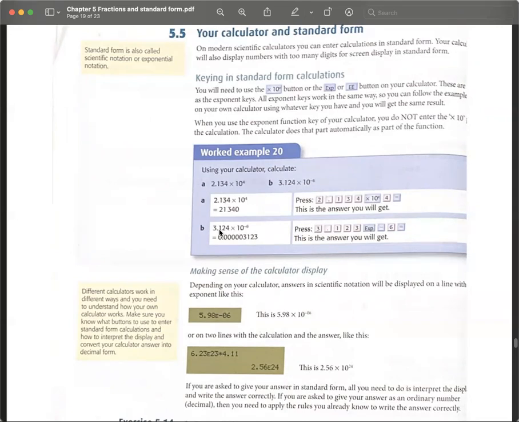So if you try to type 3.124 multiplied by 10 to the power of negative 6 by pressing 3.124, EXP, negative 6, and you press the equal sign, you will get 3.124 multiplied by 10 to the power of negative 6. So if you actually press the Shift ENG button, you will actually get something which the power has actually increased,